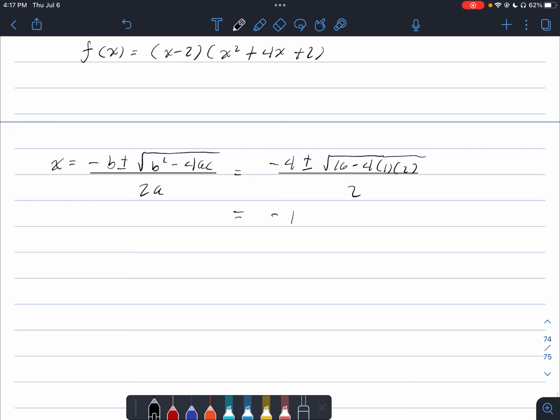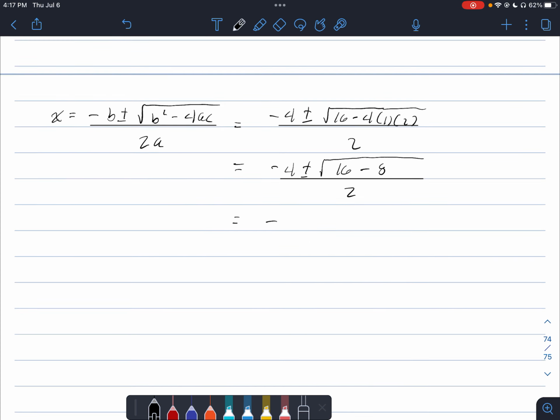So we'll have -4 plus or minus the square root of, looks like 16 minus 8 over 2, or -4 plus or minus the square root of 8